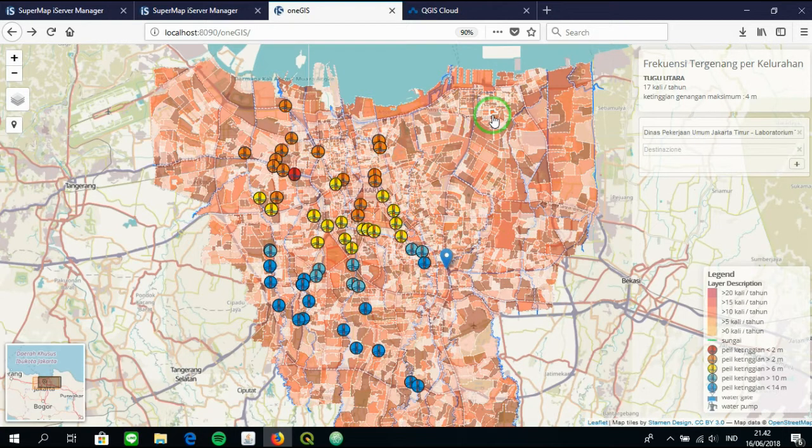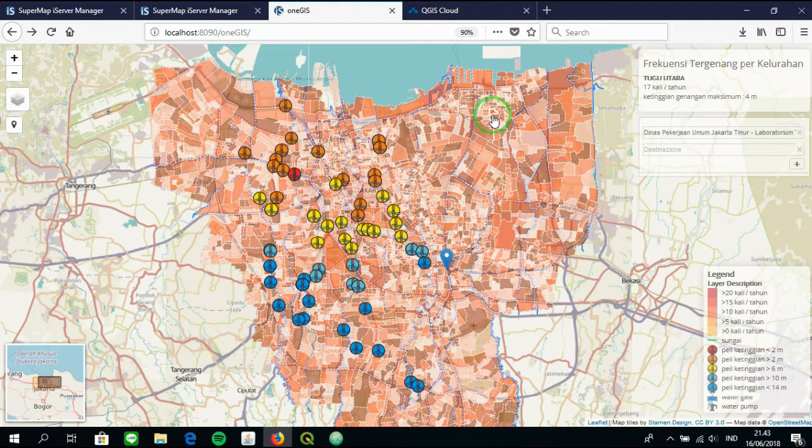I'm here today to explain my WebGIS application that I built using SuperMap iServer and SuperMap iClient, and also the PostGIS database, which is the extension of PostgreSQL that can consume and store spatial data. The first thing I will explain is the purpose of my application. The purpose is to monitor the flood frequencies in DKI Jakarta, the capital city of Indonesia,